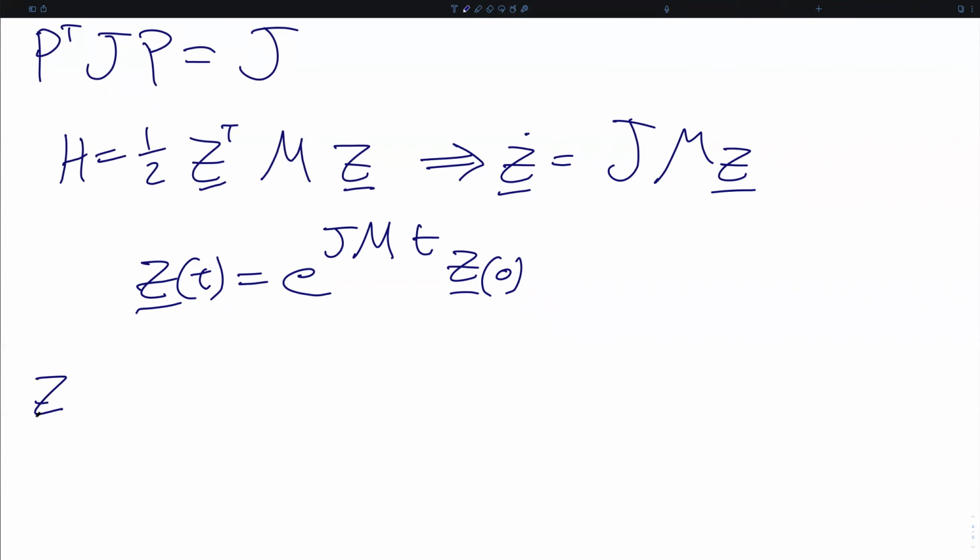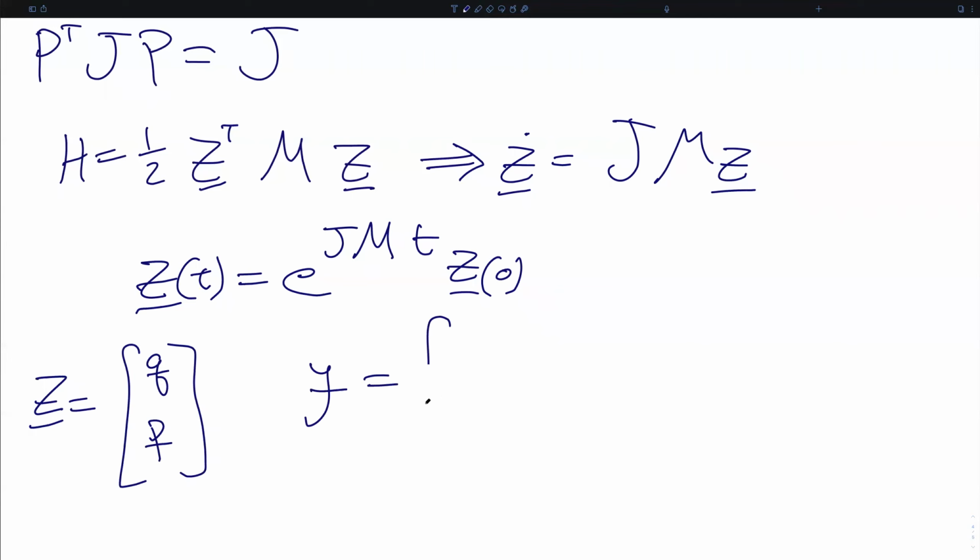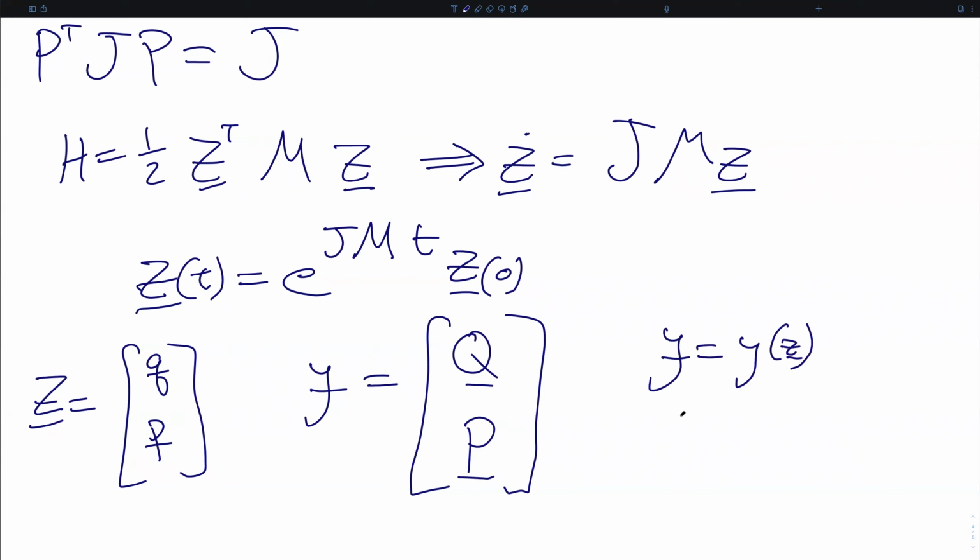As before, z is going to represent the state associated with our original generalized coordinates and associated conjugate momenta. And we're going to define a new state vector y that is equal to the transformed coordinates, the things we've been calling capital Q, and the transformed conjugate momenta, capital P's, all packaged together into their individual vectors. We will define the coordinate transformation as y written in terms of the original state vector z, and the inverse transformation as z written in terms of